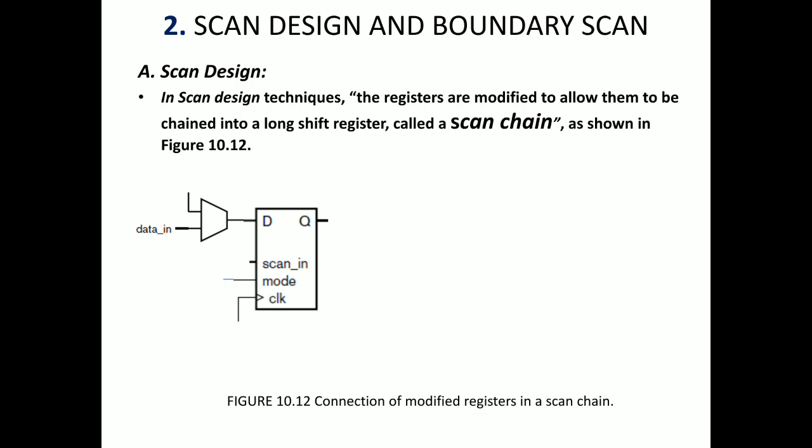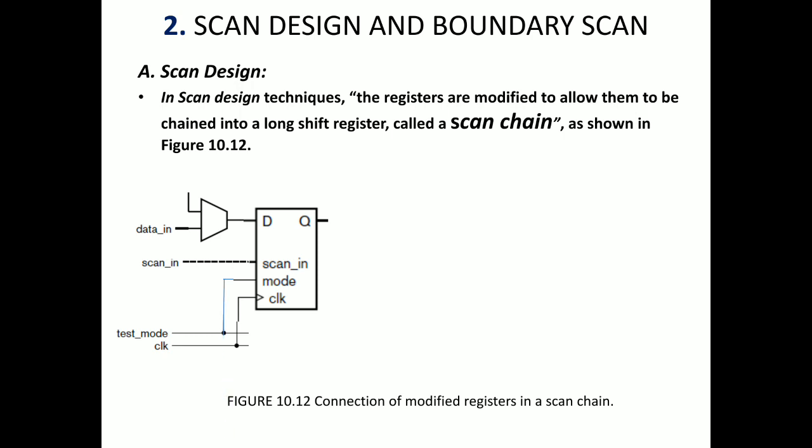For that we will use a multiplexer, and in that multiplexer one of the inputs will be the data input, that is the D input. The other input is the output of one of the scan chain registers. We will compare that and check when we try to find the fault. Then we will have an input line called scan in, and a clock signal and test mode. The test mode is nothing but a one-bit input to select the mode, whether we need to send the data in or the scan input.